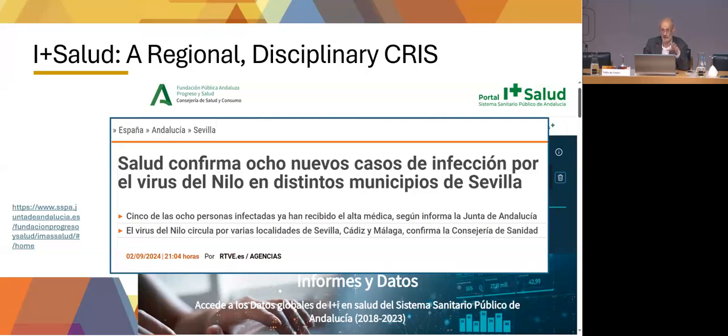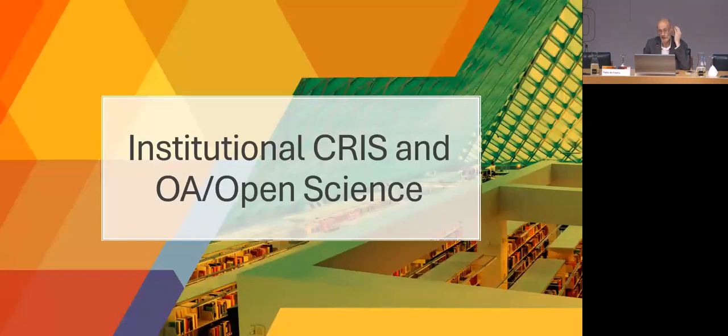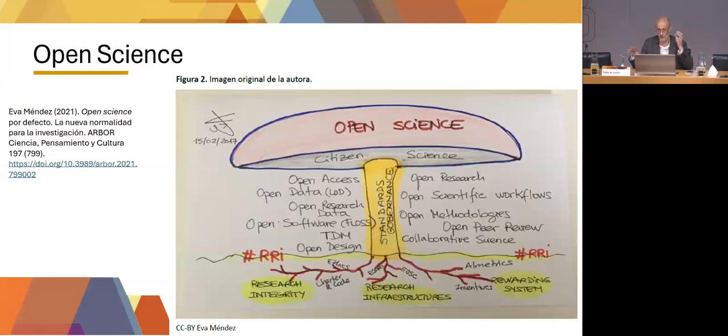It's hospitals in there. It's not just a university. Open Air tends to focus on universities, research centers. Here, because it's health, you have primary care establishments, you have hospitals, you have a wide range of institutions that are providing the data for this CRIS system. So in terms of the use of CRIS to support open access and open science, this is a bit of a snapshot. I'm not going into too much detail around this.